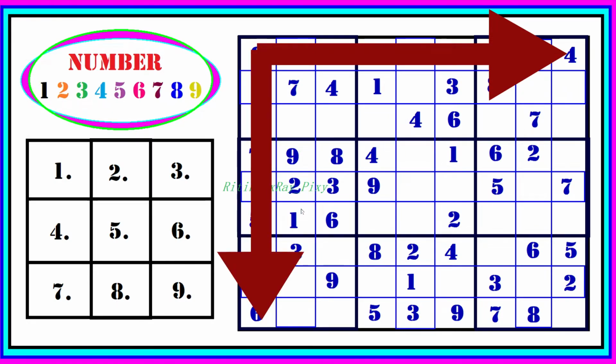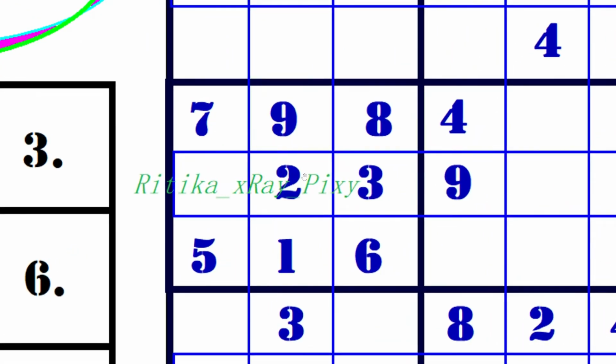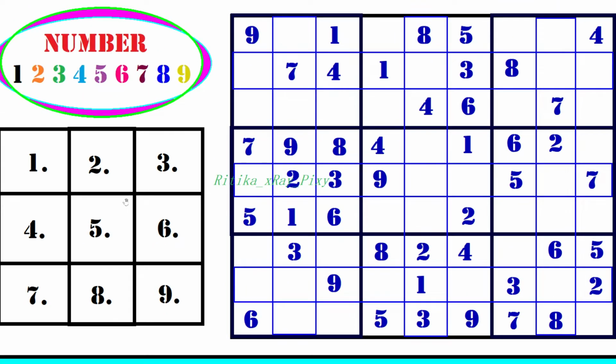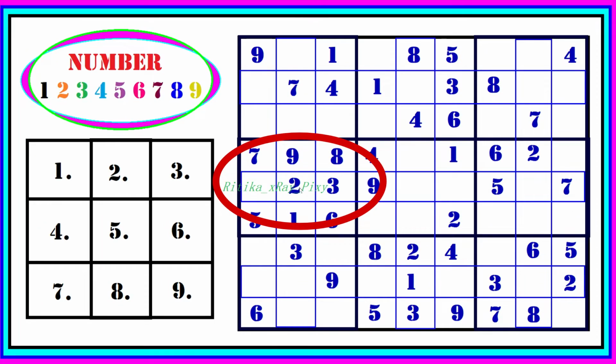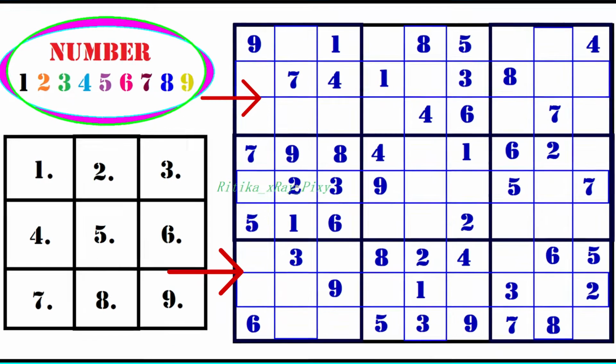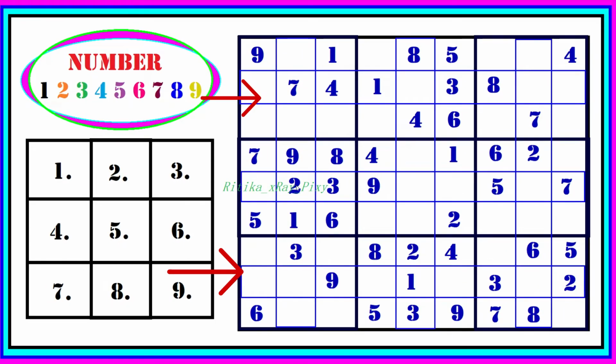For example, we have 2 present here in the fourth block. You can see we have 2, but 2 is missing in the first 7. Now we cannot repeat the same digit in the same row or in the same column, or we cannot repeat the same digit in the horizontal or in the vertical direction.